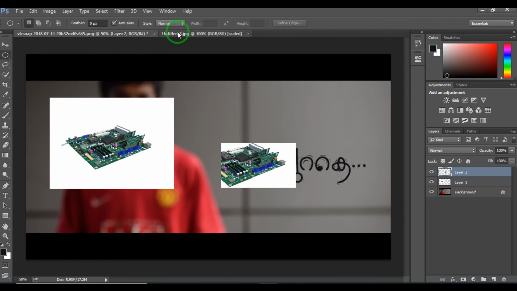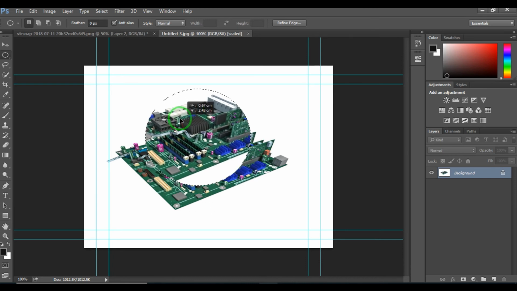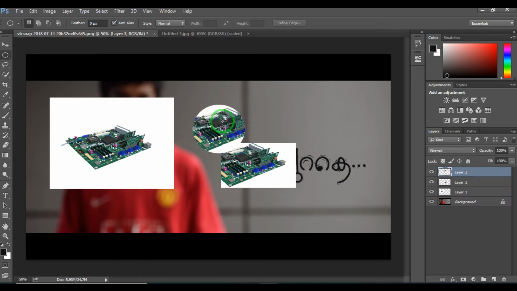So now we will move to the application of the elliptical marquee tool. I have selected that tool. Right now we can see the previously made selection in the form of dotted line. If you want to deselect an area, just press Ctrl plus D. Selection is cleared right now. I am going to make a selection using the elliptical marquee tool. You can see the selection in the form of an ellipse. Then using the same Ctrl plus Alt key, we will get a copy of that, and in a similar process we can place it on the first image. Again you will see the reflection of the newly added layer here.